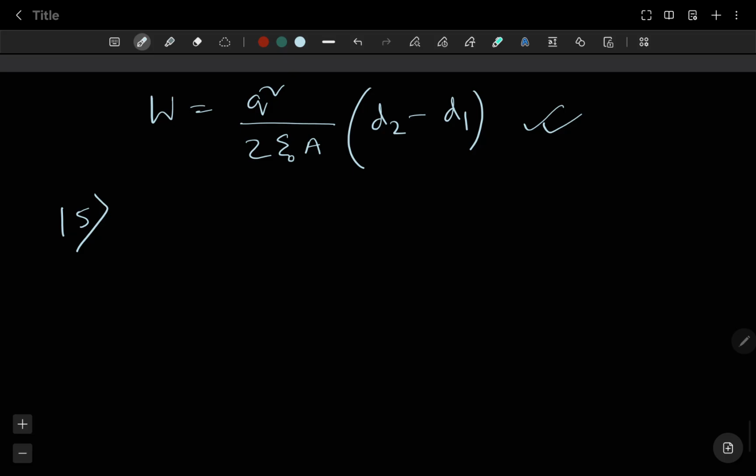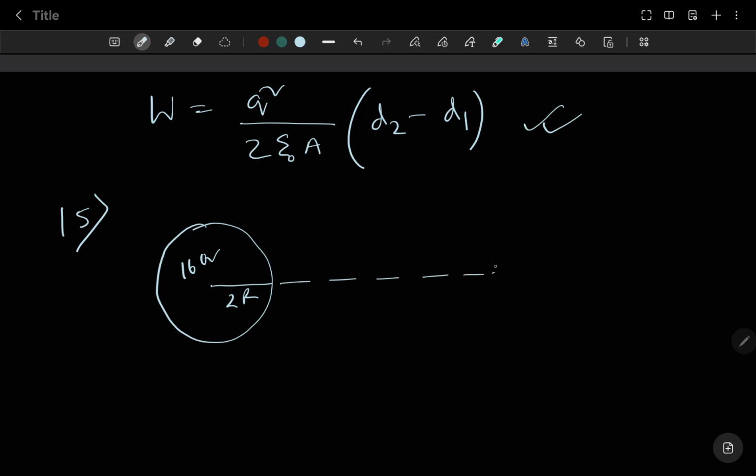So number 15, here this is 2R, this is 16Q, and here it is R, and this is Q. One thing is not given in the problem, that this distance is 10R. Okay,